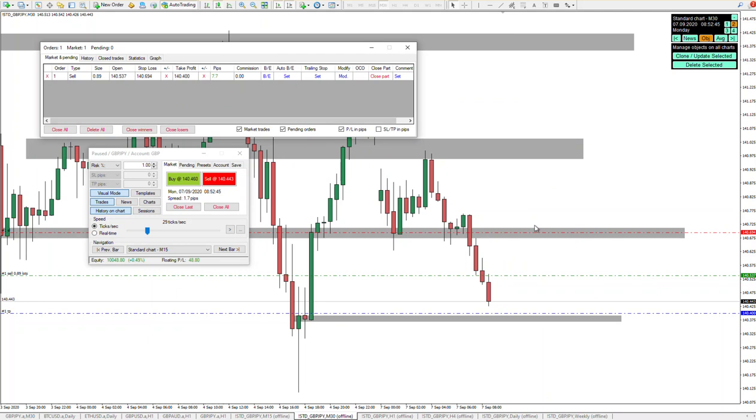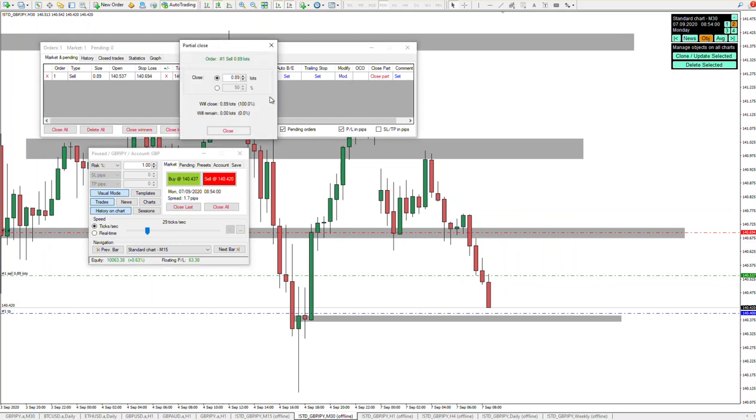That's 7 pips in profit already. This is 10 pips. 5 minutes before the hourly close. Let me grab those 10 pips. Yeah. We'll close 80%. In 5 minutes,